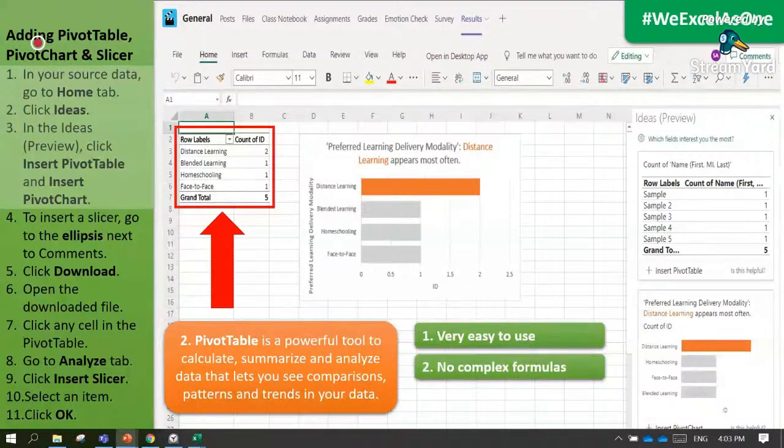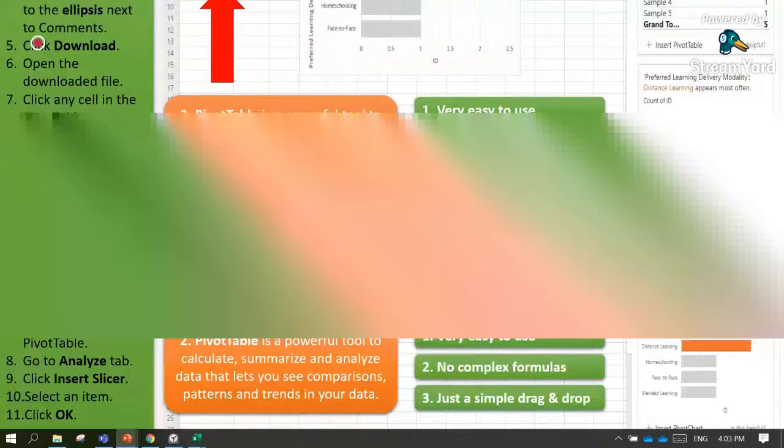So in Excel 365, it is now as easy as drag and drop. You don't have to use complex or complicated formulas in Excel. That is actually the reason why we are maybe stressed with using Excel, because we are not familiar with the specific formulas to be used.